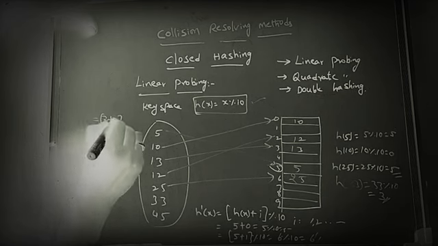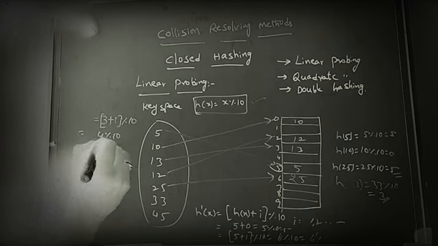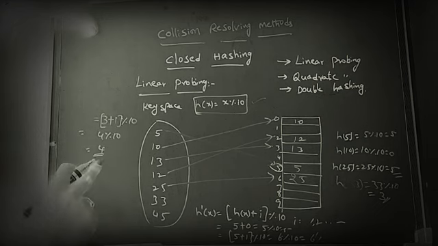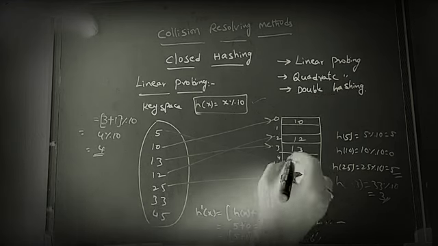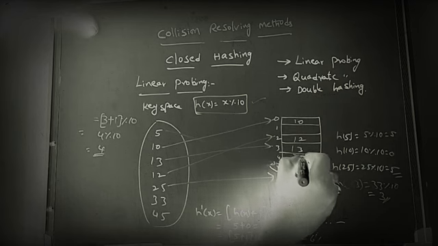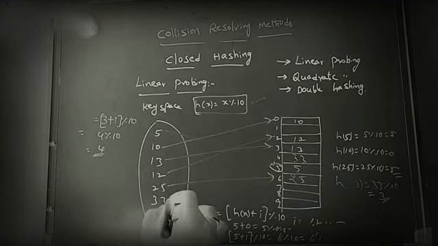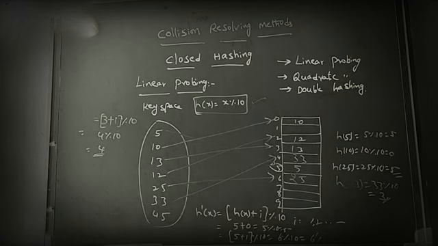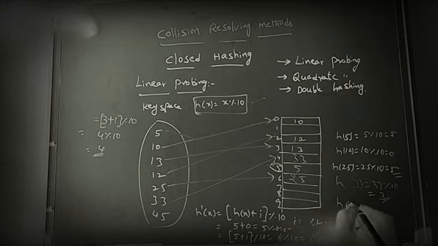If I equal to 1, and mod 10. Okay, 4 mod 10. What is the value? 4. Check either index 4 is empty or not. If index 4 is empty, then place the value of 33. Next, 33 is stored at index 4. Next, last element 45. So apply the normal method.